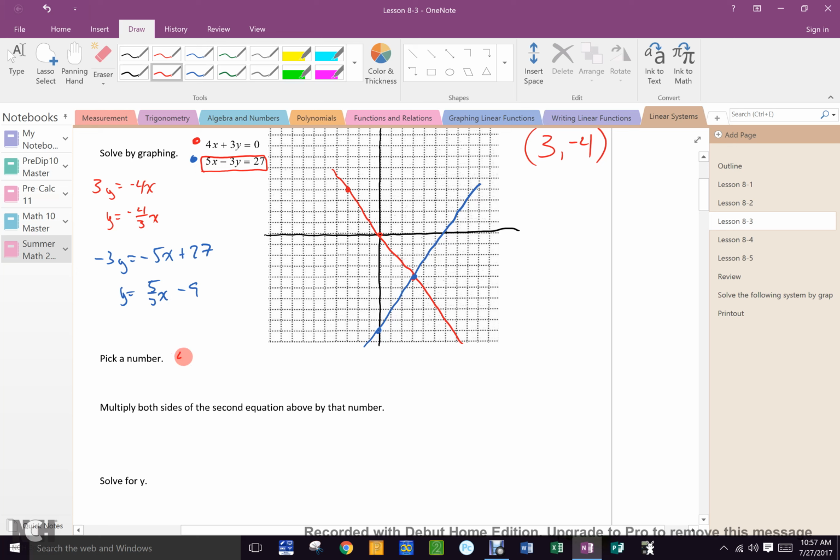I'm going to use 4. Don't do what I'm doing. Do it yourself. What's for the 27? Oh, no, man. It's different. When you are done, you should have a new equation. Then take your new equation and isolate y.